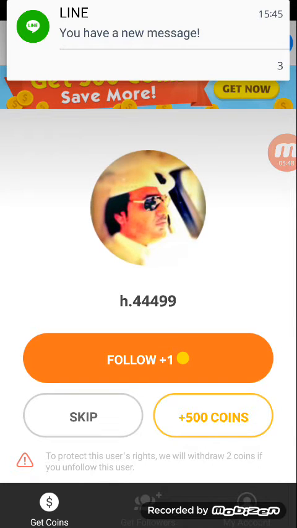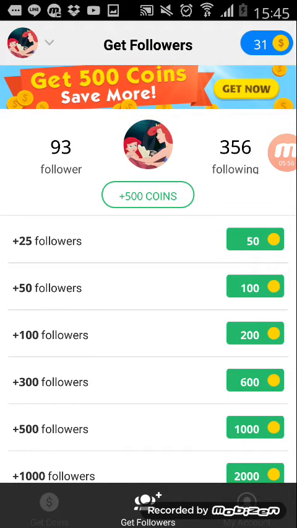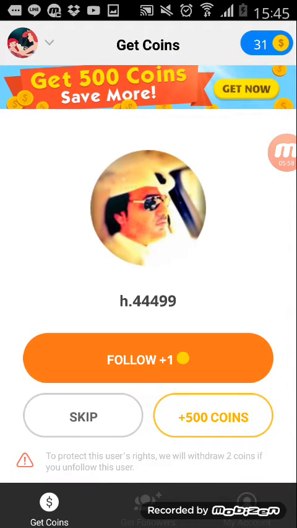If your coins are full, you can buy it. But I warn you, don't unfollow the followers, because look, let me just screenshot it.